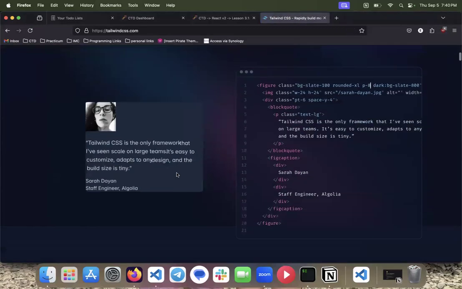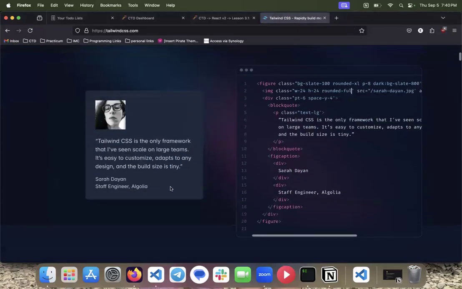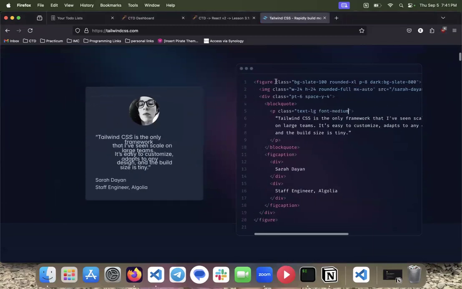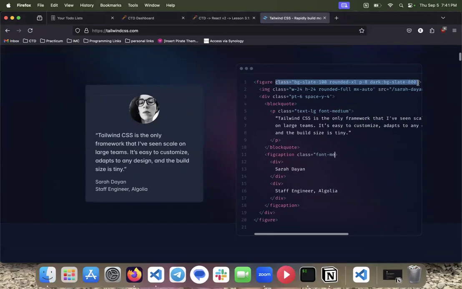There's lots of different ways of using it, but the primary way that I've seen is that you declare your class, and instead of writing a class called name and then going into a CSS file and defining rules for it,